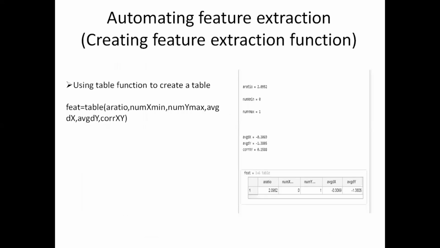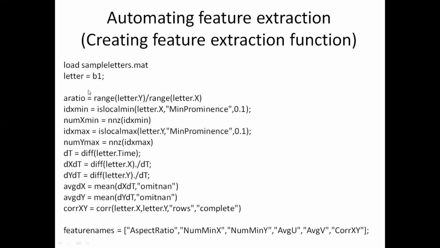So we will see how to obtain these particular features. We can make a computation of these features once this particular program is executed for this particular file, b1, which is the file that we are now considering, corresponding to the alphabet b. I am storing it in the variable named letter, which is the data that we are considering for all these calculations of features.